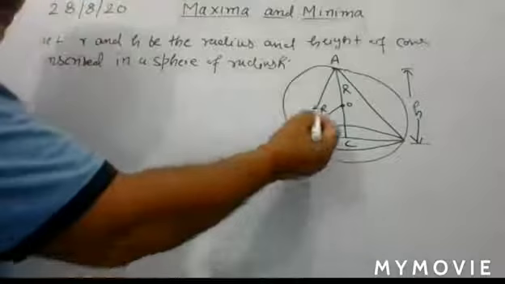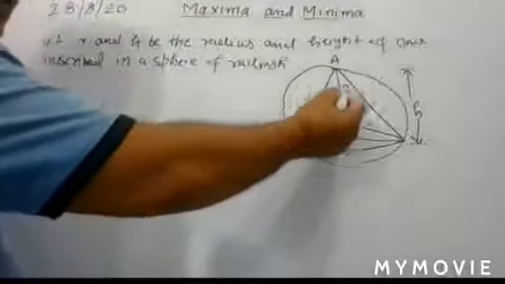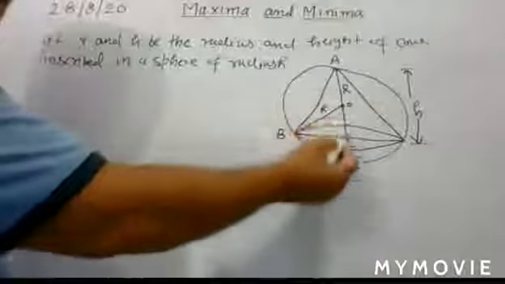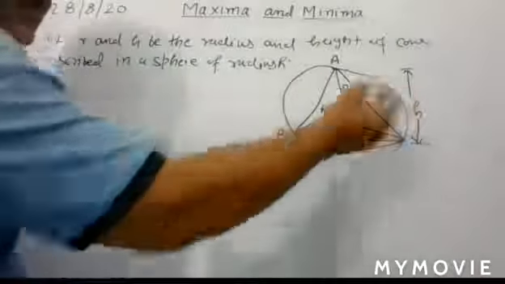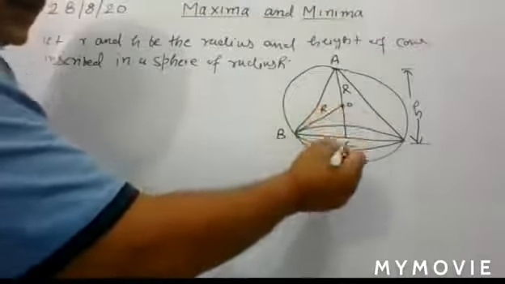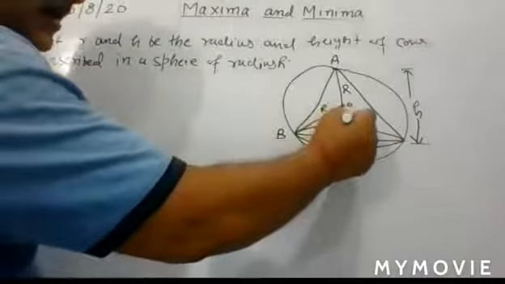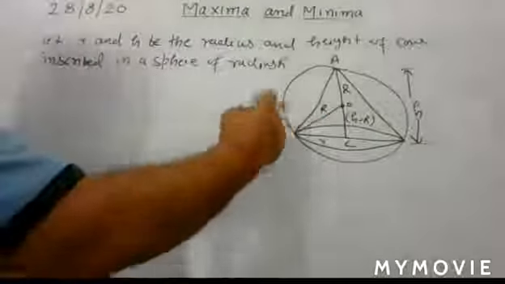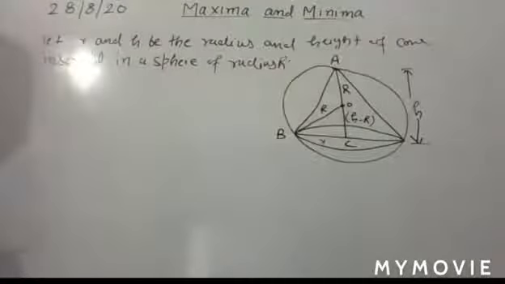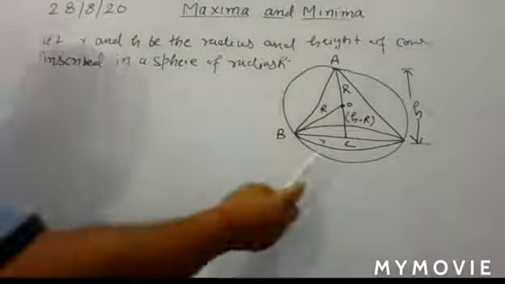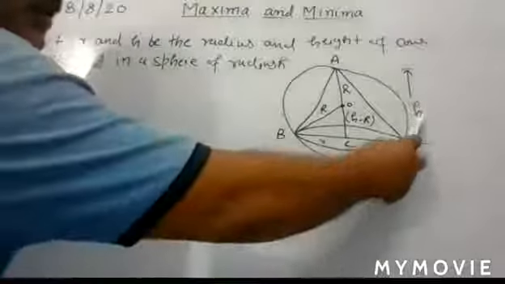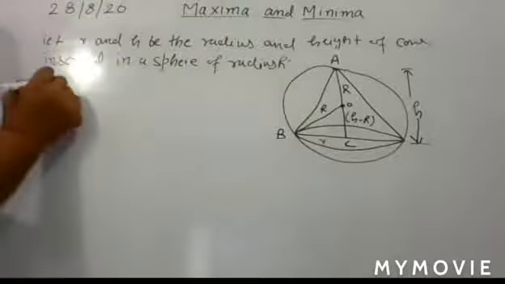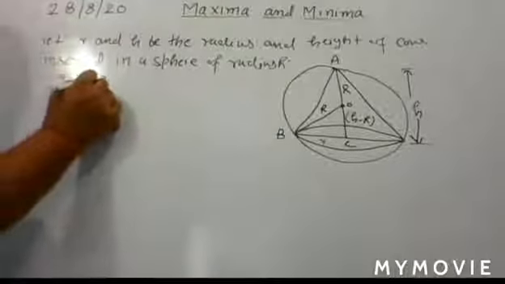Here you have r, here you have capital R, and this term is also capital R, and the total height is AC. AC is the height of the cone, that means small h. So what about OC? OC can be written as h minus capital R. So in triangle BOC, you can very easily apply the Pythagoras theorem. In this way, you have the relation between small r and small h, because capital R is taken as constant.